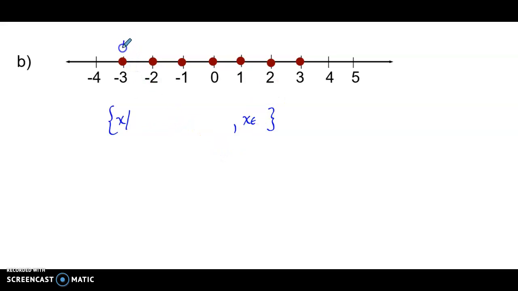It'll always be that. And because I have a definite start point here at -3, all of the numbers will be greater than that -3, and all the numbers in my list will be smaller than 3. -3 is the lower bound, and it's dotted, so it's included. 3 is the highest number, it's included, so I can write my equal sign. So -3 is less than or equal to all the numbers in the list. All the numbers in the list are less than or equal to 3,